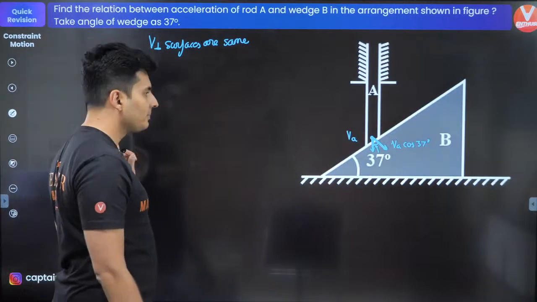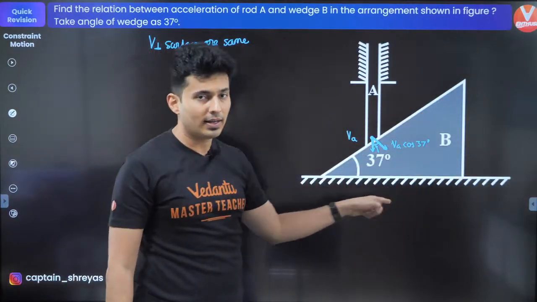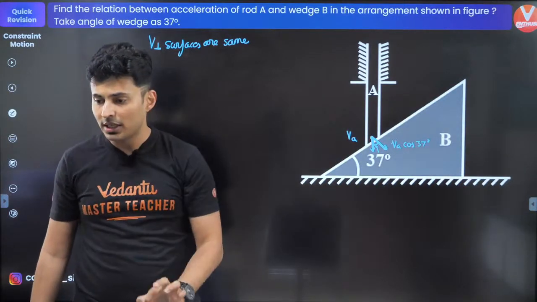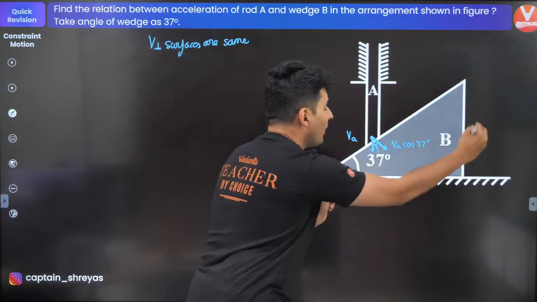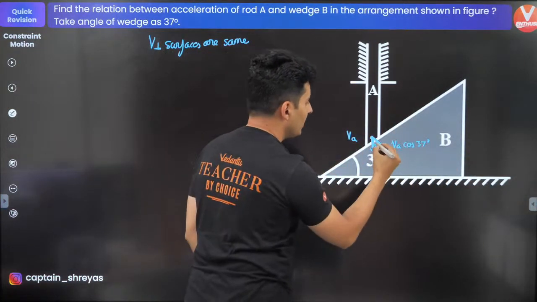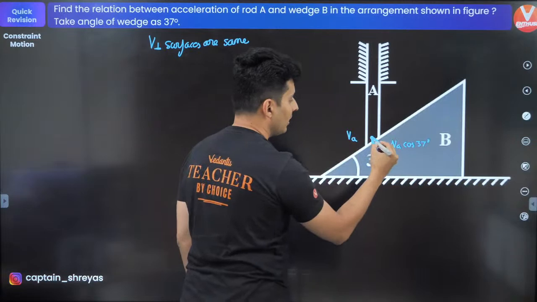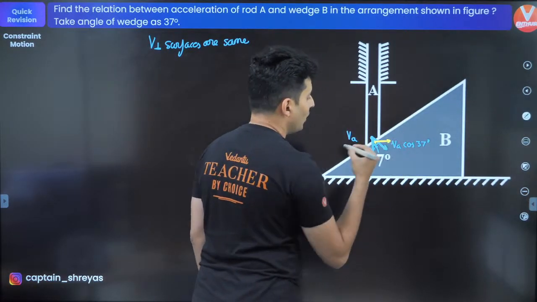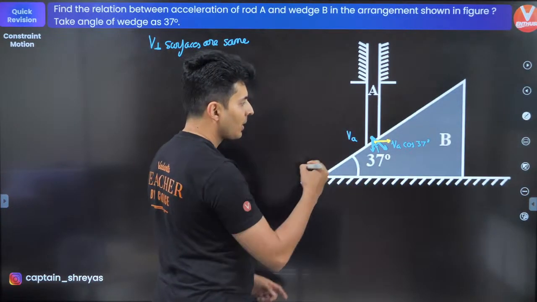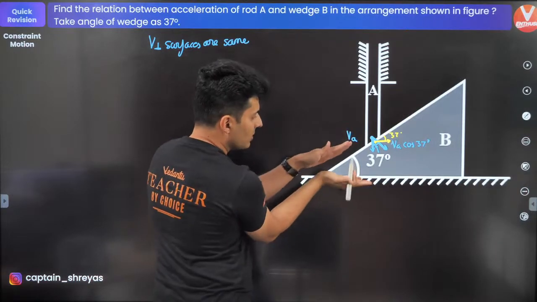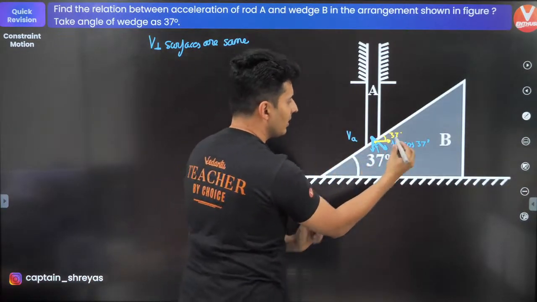So now, for this particular wedge, think about it. This wedge is moving towards your right. So the point in contact is actually moving this way. So this angle being 37 degrees as usual, because if this is 37, this is also 37, and that velocity